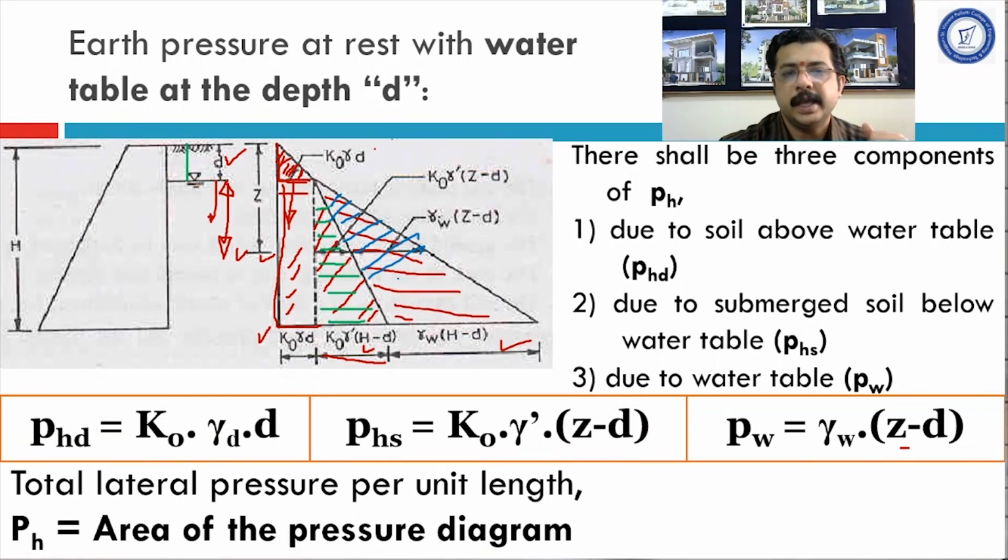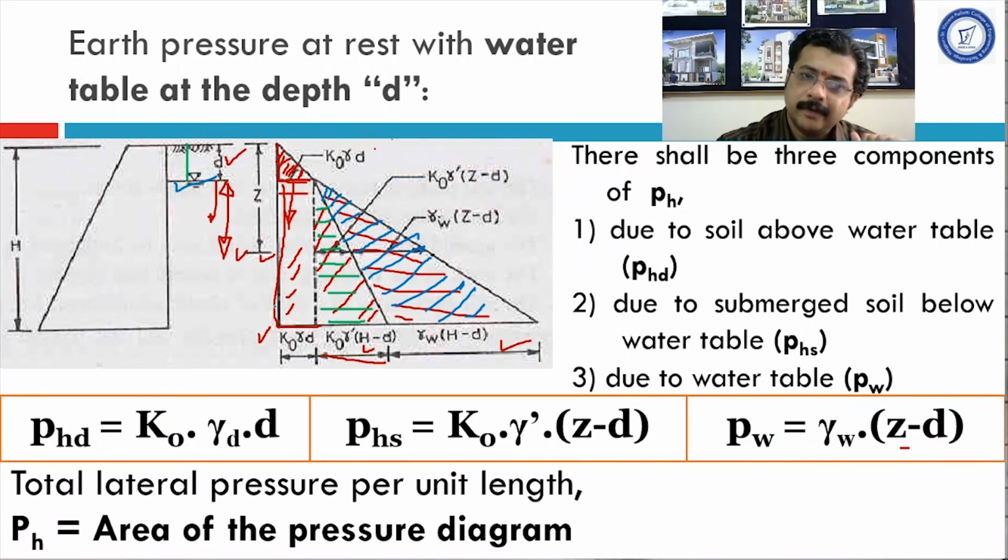So we have to find out the area of this triangle. Again, it is very similar to finding the area of a regular triangle: half base into height. How much is the base? Here the water table has started from depth d from the top of the ground surface. Hence, this water pressure would be considered from this point only. Therefore, the height of this blue triangle will be H minus small d. So that will be height multiplied by base, gamma W into (H minus d), multiplied by half.